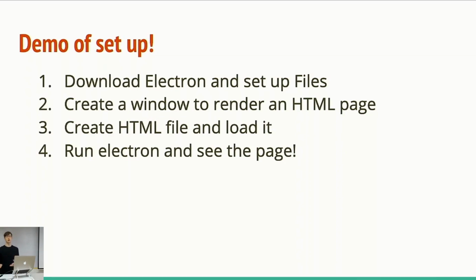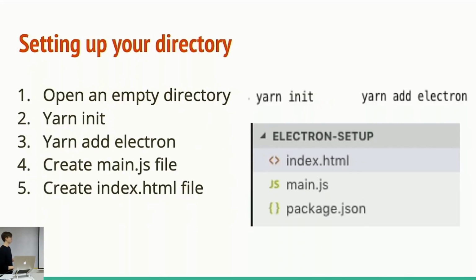We're going to create a simple window in that main process, which I talked about before. We're going to create an HTML file to load it, and then we're going to run Electron to see the page itself. So, with that being said, we're going to set up a quick directory to have a simple Electron application going. You're going to create an empty directory, and then you're going to use the command line yarn